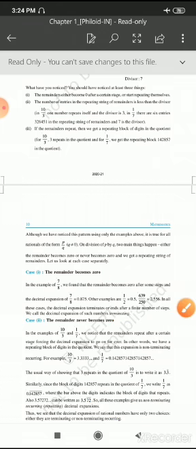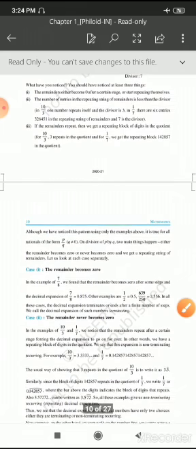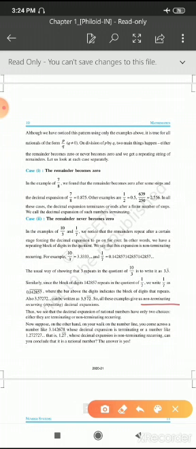In the next case, if the remainder never becomes 0, then what will happen? In the decimal places, the digits will be repeating. The digits will not come to an end and they will keep repeating. Such decimals are called non-terminating recurring decimals, also called non-terminating repeating. Another word for repeating is recurring. Examples are 3.333 and so on, and 0.142857, where 142857 will be repeated again. They are non-terminating repeating decimals. So based on the decimal expansion, they are classified into two types.